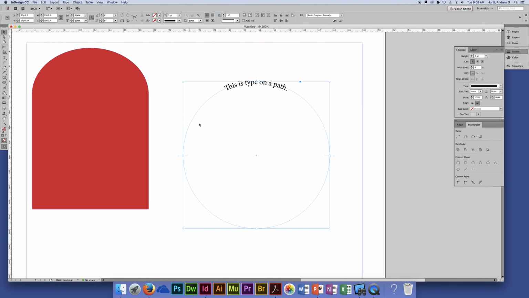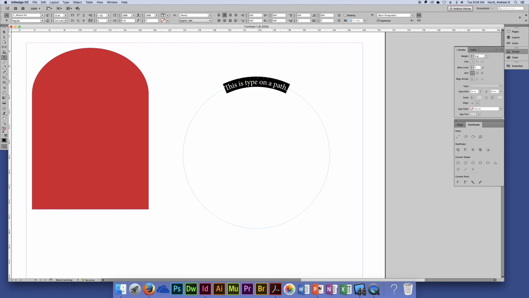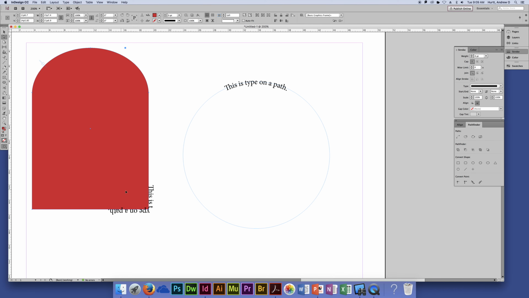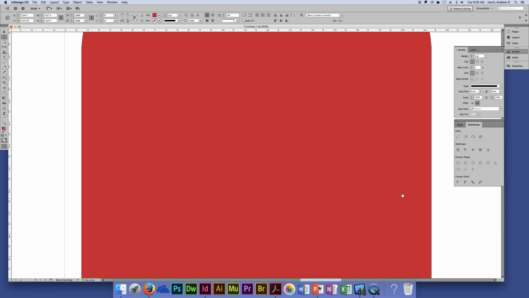That's why generally I have a tendency to, especially if it's going to be on an ellipse or a circle of some sort, I'll align the type to sit on the center of the path, just because I find it easier to adjust when you have something on the top and the bottom. If you had type, let's copy this, if you had type on a more complex shape or a more complex path, you'll see how it handles very differently. And this is where you might need to adjust your kerning and tracking,